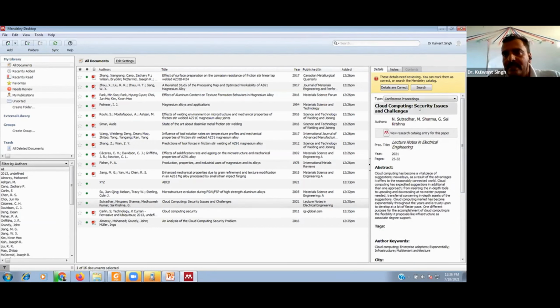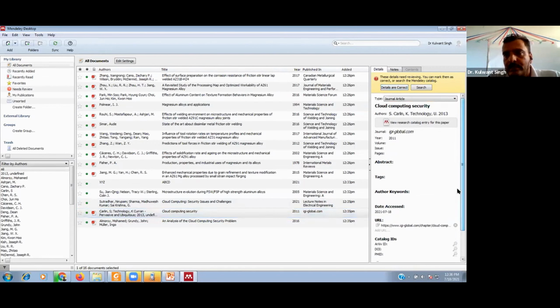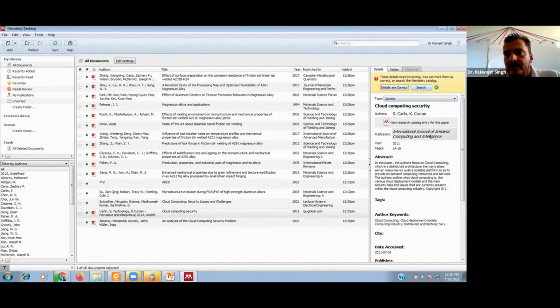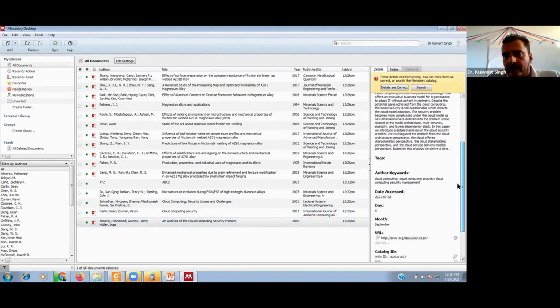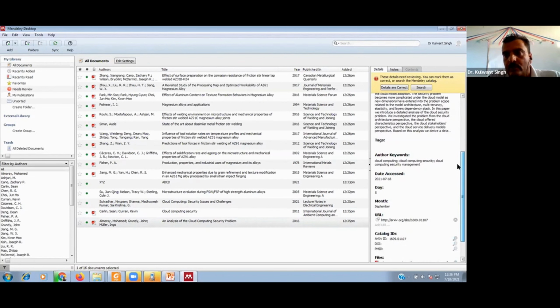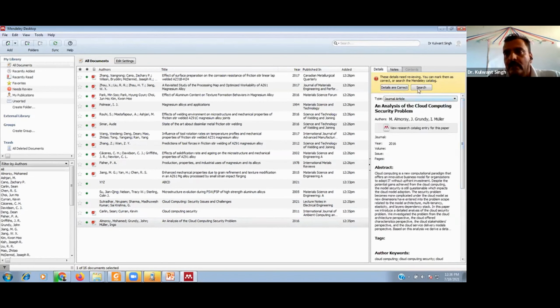The missing details are automatically updated, and now you can click to confirm the details are correct. In a similar way, for another document, a few details are missing and the DOI is also not available, so you can click on search and you will see the details automatically updated. And then the third option, the next document, the DOI is also not available, then you can search and you will see the,